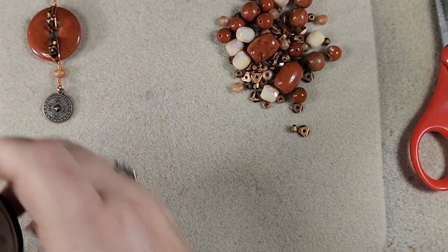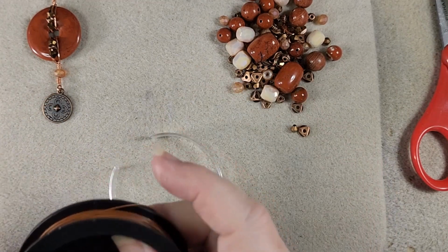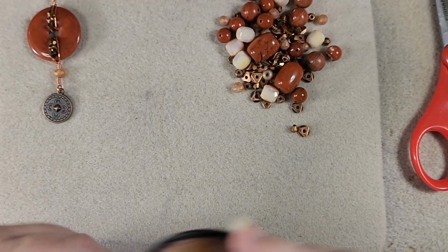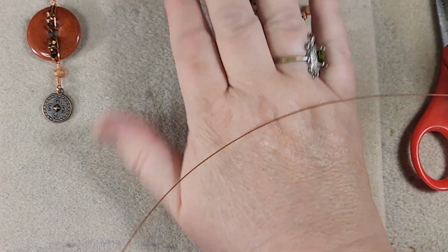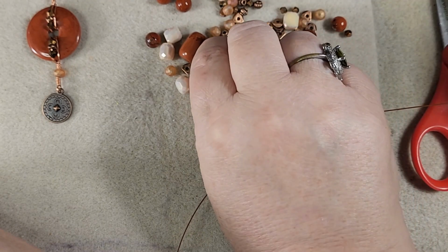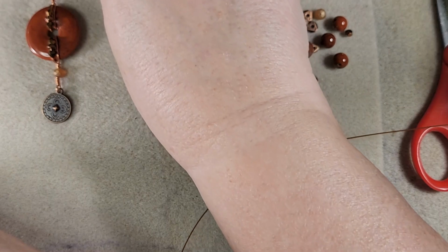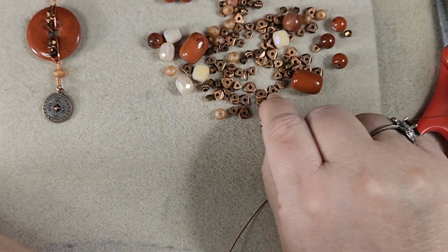So the next thing we want to do is start stringing our beads. And since I don't know how much wire I'm going to want, I'm going to get just so much off here, and then I'm going to work from the middle of my necklace rather than try to do it from end to end. There's one of my crimp tubes. Thought I saw the other one, but oh, there's